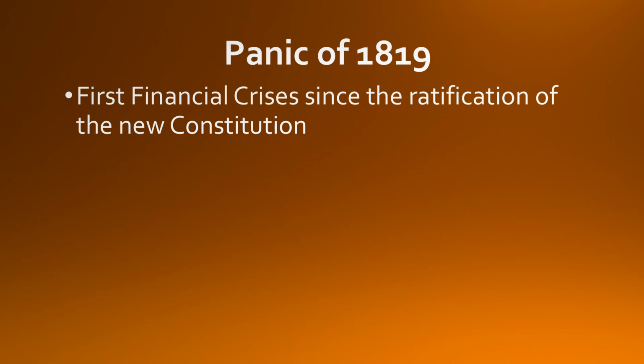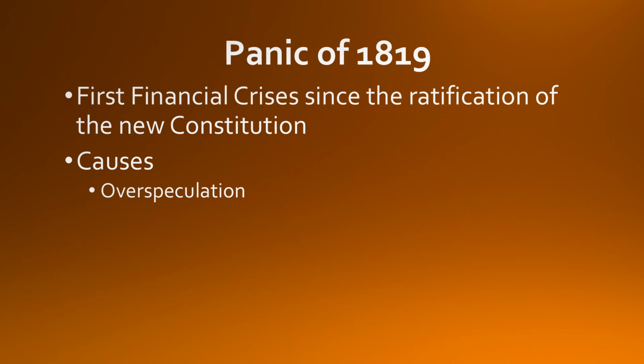of Confederation, and definitely since the ratification of the new Constitution. And interestingly, I've said in class, make sure always the word over-speculation is almost always going to be one of the causes of these various panics, which are going to occur about every 20 years. We'll see another in 1837, again 1857, 1873, 1893, 1907, and 1929. As far as the causes of this panic, as I said, number one, and most important, over-speculation.